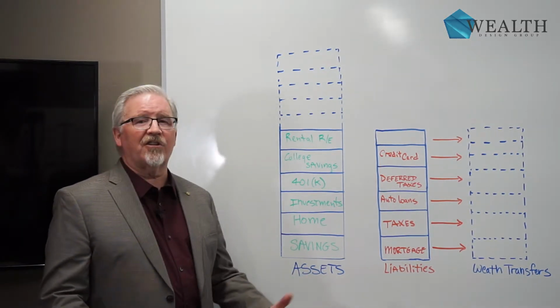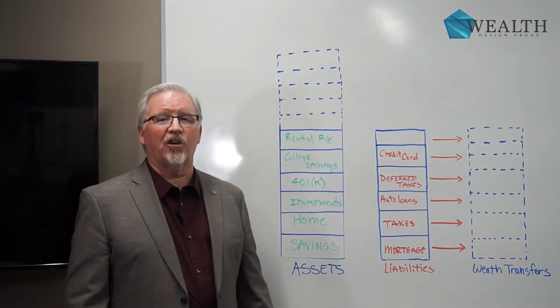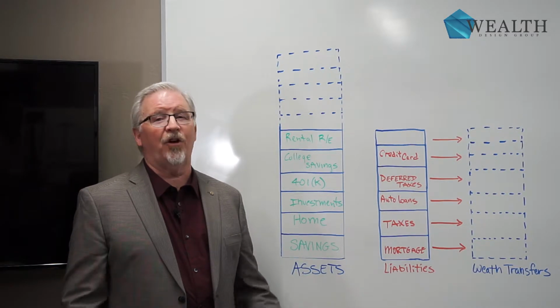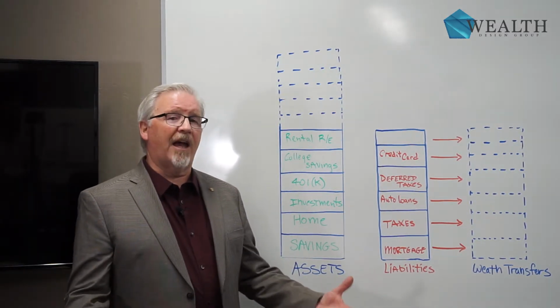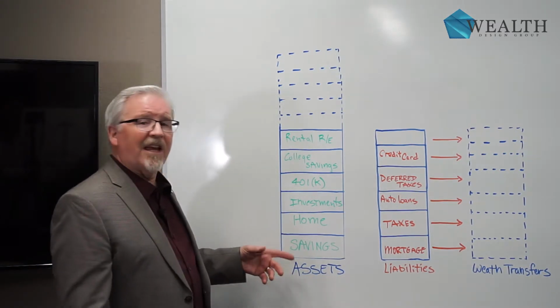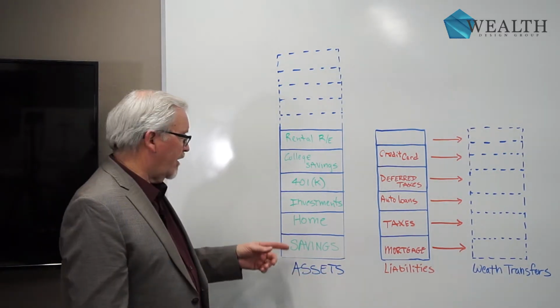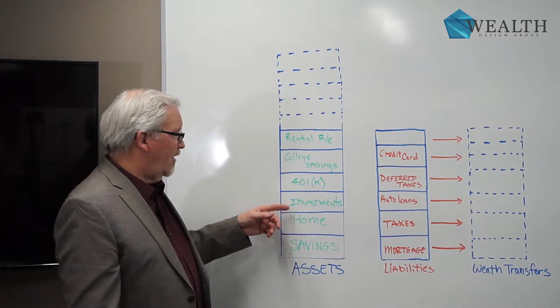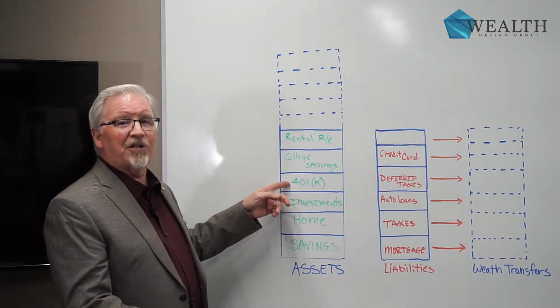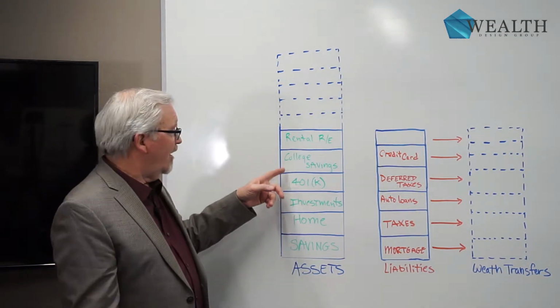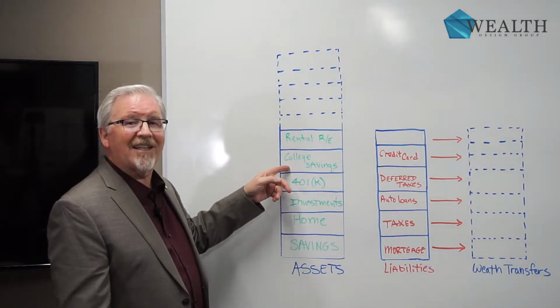The first column we've got is your assets. Those are the things that you've been accumulating and you hope to accumulate in the future. Okay? So everybody talks about the assets that they've got. You've got a savings account. Hopefully you have a savings account. You've got a home. You've got investments of some type. You've got a 401k. Everybody starts with a 401k. Right? Maybe you're saving for your kids' college.